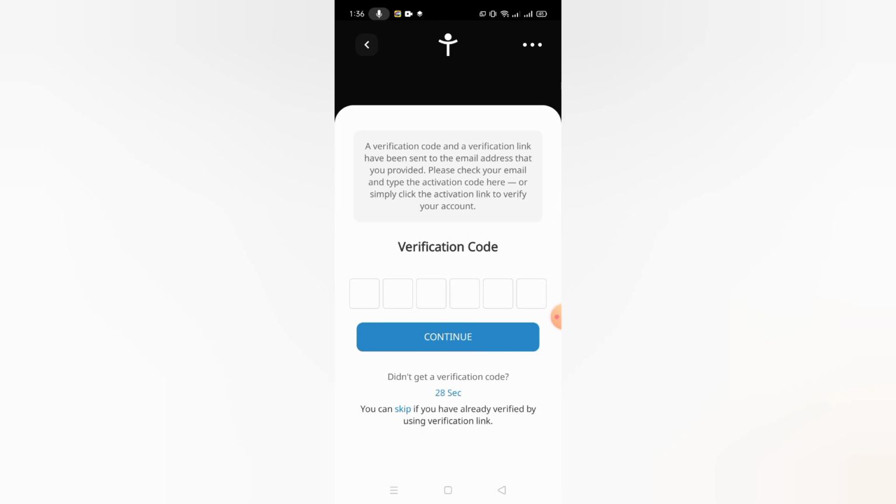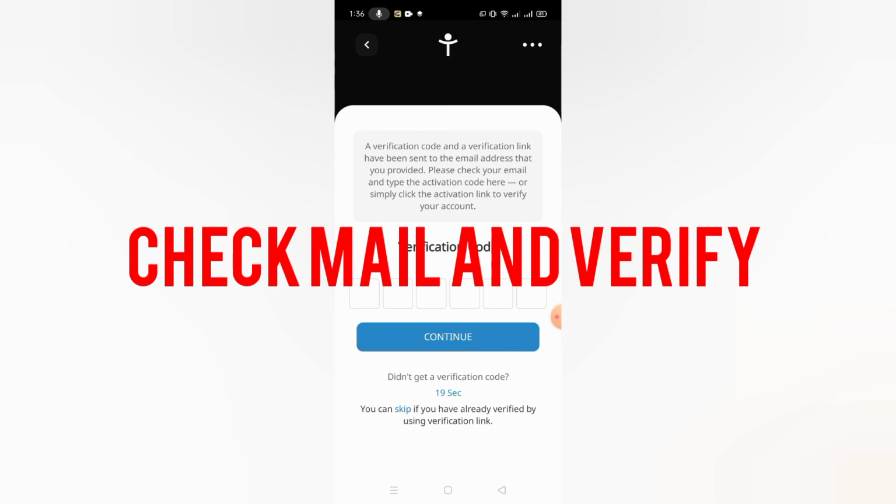And then they will send you a verification code on your email address. So you have to check your email. Okay, so